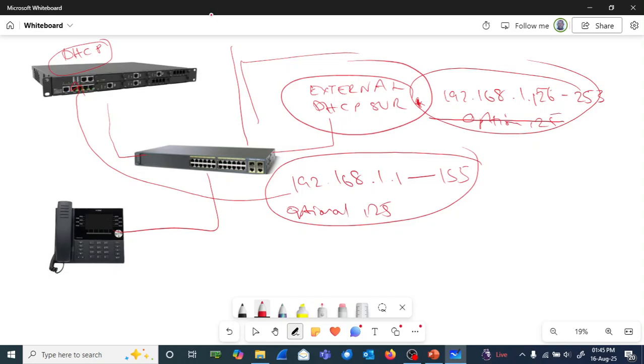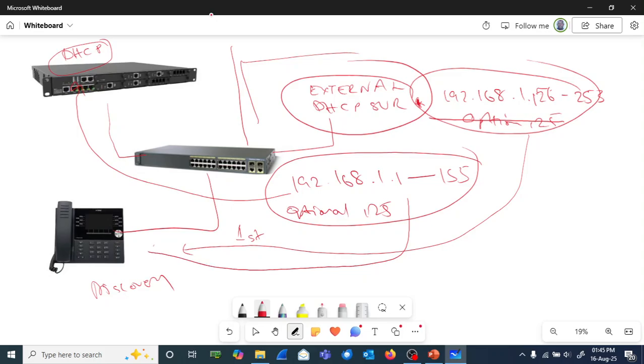It won't be there. Then it follows that if this phone receives an offer from the external DHCP server first, because of the absence of option 125, it is going to reject and continue sending discovery messages until this one replies. Probably it is going to be the second offer, and because of the presence of option 125, it is going to accept, and then it will use the IP addresses that are on the DHCP for MiVoice Business. Or ideally